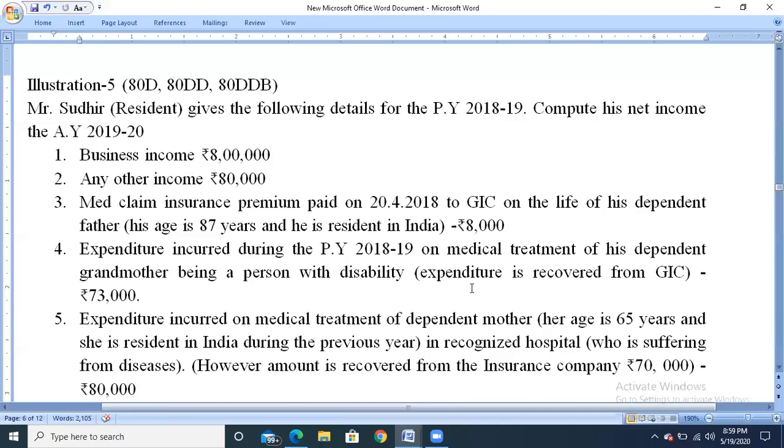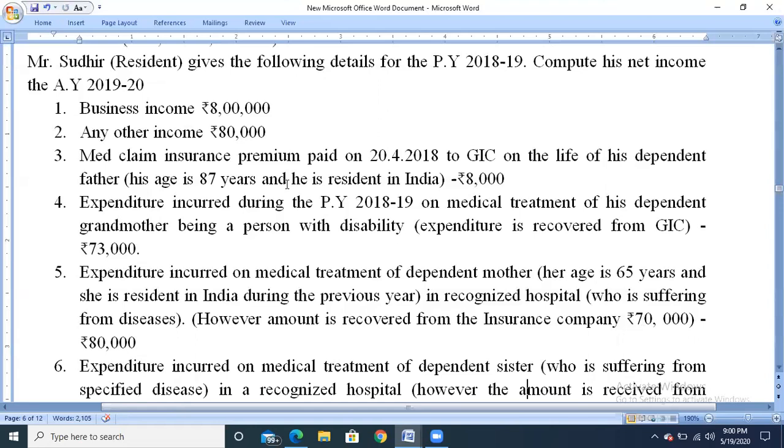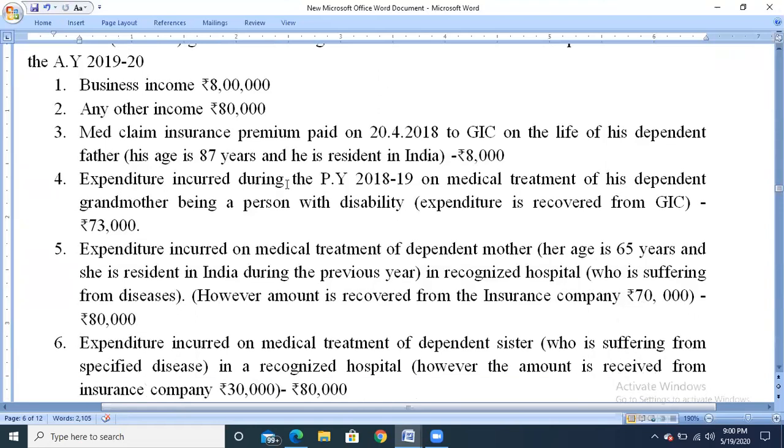Okay, so the actual expenditure incurred by the assessee is 80,000. Since she is a senior citizen and she is in India, up to rupees 1 lakh they can claim the exemption, that is 80,000 or 1 lakh, whichever is less. So the lesser amount is 80,000. From that, he has recovered the amount from the insurance company, 70,000. So 80,000 minus 70,000, the balance amount 10,000 will be claimed as deduction under section 80DDB. Okay, next,